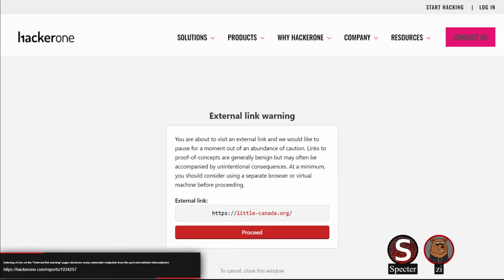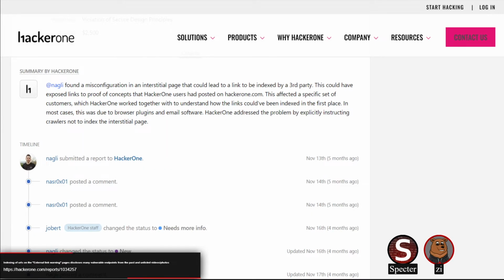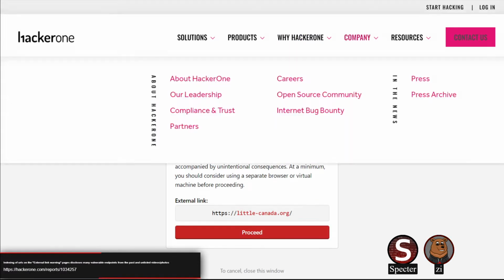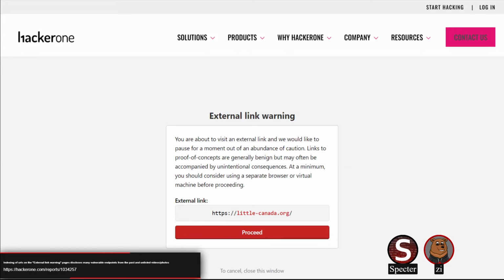What they ended up noticing for this report is that this page itself could be cached by a search engine. So if it sees this link, it'll cache that. If you did a search for something like inurl:hackerone.com/redirect, you can find all of these pages that it's cached or knows about that redirect to various pages.